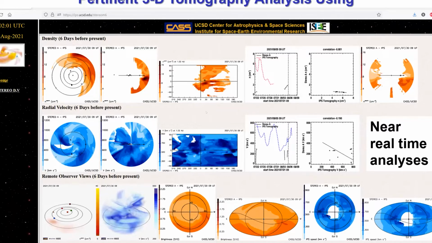beacon data aren't doing very well these days. The densities are down by about a factor of 5 from what you would expect at STEREO or at Earth, and the velocities right here, at least from what we've got, don't seem to work very well either for reconstructing. So that's another problem. We have other things. You can see the inner planets here down below, the density structures relative to that in a remote observer view. This gives you a plot of what's present only seen in the in